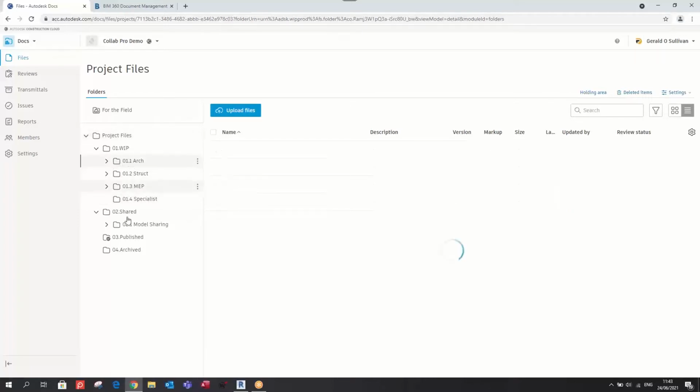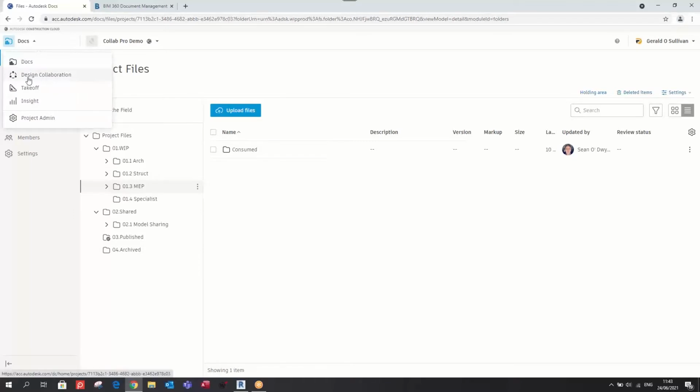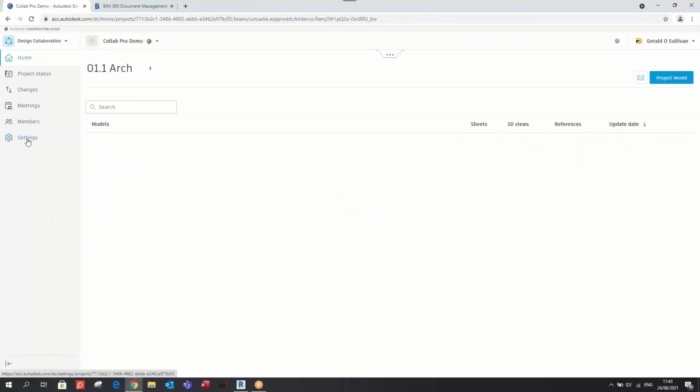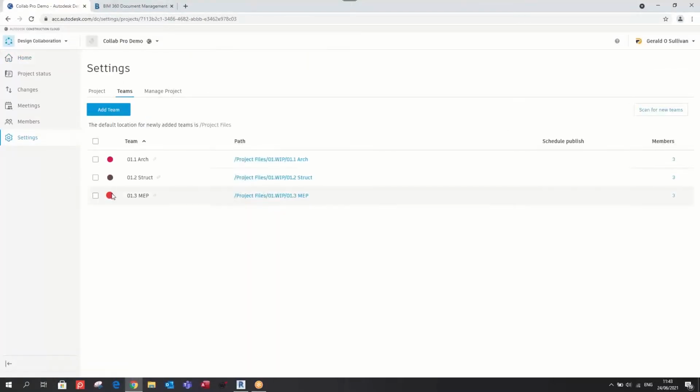So what we mean by that is you set up your folder structure for each discipline. So architectural, structural, and MEP. And then when you're looking to activate the design for collaboration, you select into design collaboration, and then in the settings at the bottom down here, when you're going to add your different teams, okay, so